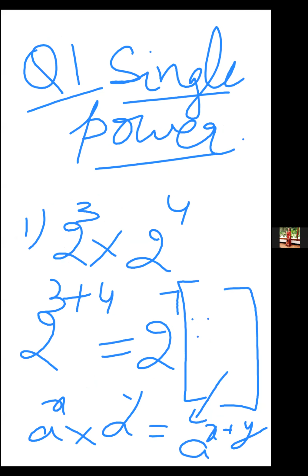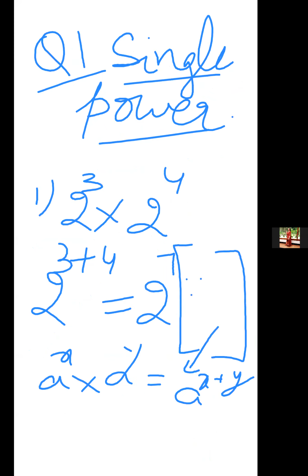Yes, Sirjan, unmute yourself. Excuse me, ma'am. With each and every question, ma'am, if the question contains the same law, do we have to write it with each and every part of the question? Yes. In front of that, you have to write the law, which means in front of the step. When you write the steps, in front of the step, you have to write the law, which law you are using in that step. Okay, ma'am. Thank you, ma'am. Okay. I'll send you the work. Then you see how to write. Okay, beta.